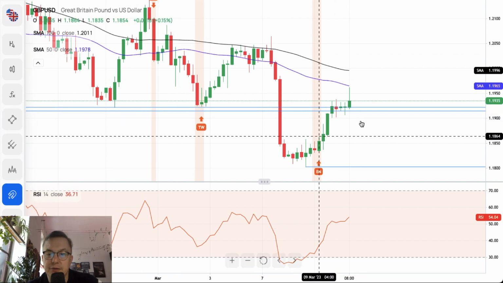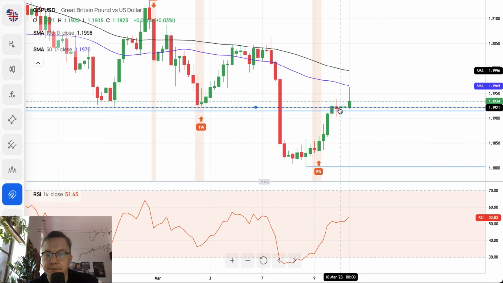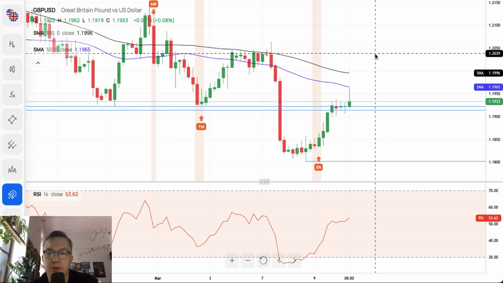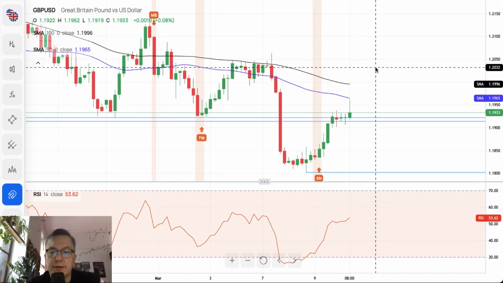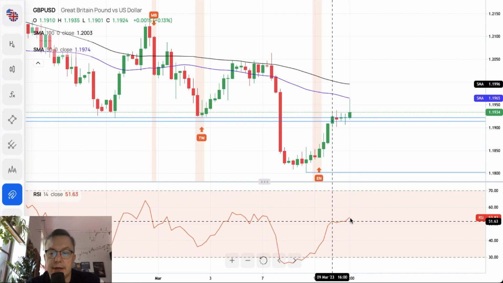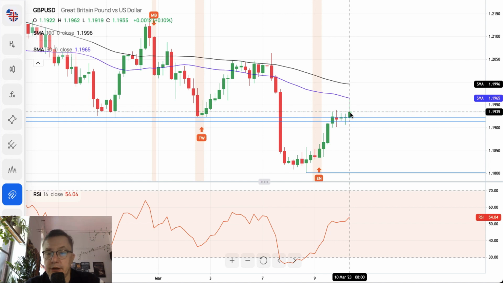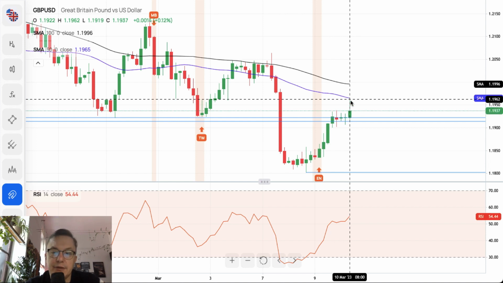Nevertheless, it doesn't change much because we got some consolidation around these two levels, up and down, and then finally a breakout. Where? Well, as you can see, again we have a breakout towards the 50 periods moving average, and it looks like the momentum is supporting this breakout right now. Nevertheless, a big shadow from the upper side of this candle is being made right now. The candle is not ready yet. Nevertheless, it doesn't look good for the bulls,